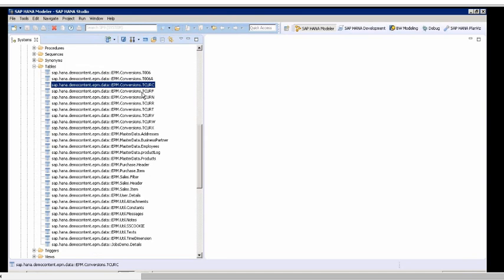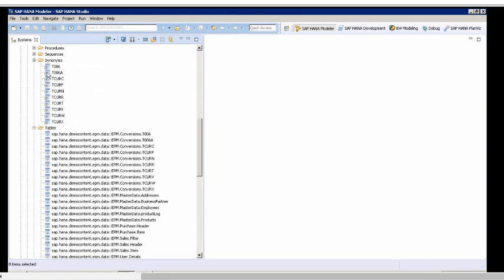But when my OLAP engine or calculation engine runs currency conversions, they try to look for a table with the naming TCURR, TCURF or TCURX. So to solve this problem, look at what I've done.